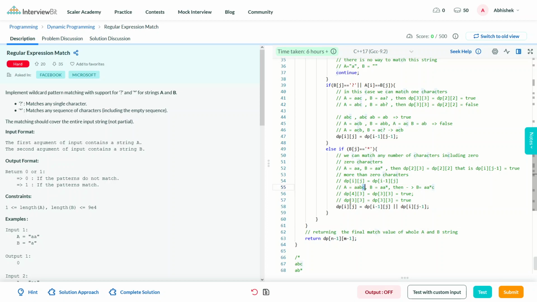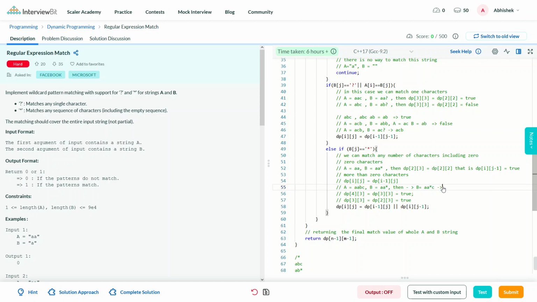So we need to find dp[3][3], that would be equal to dp[2][3], that is matching aa with this.